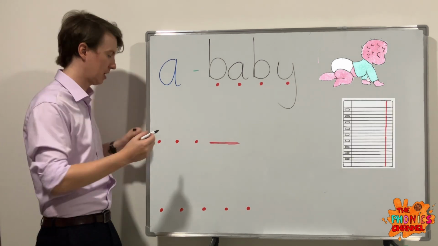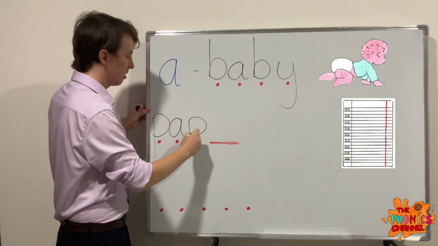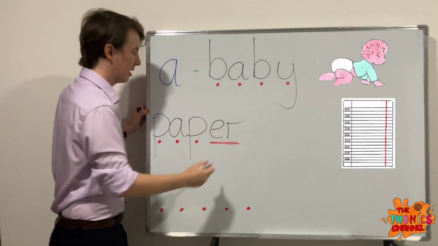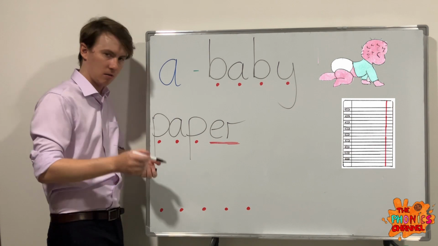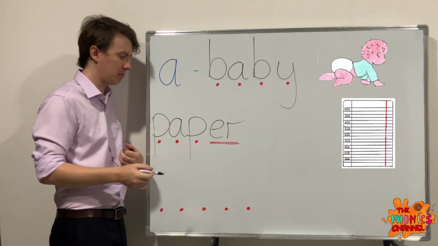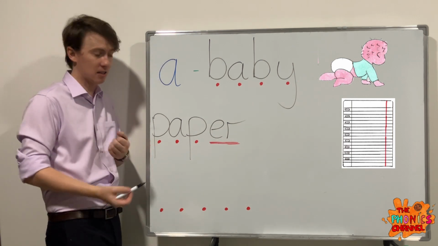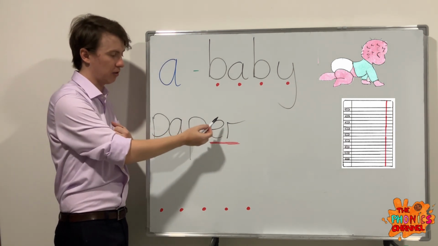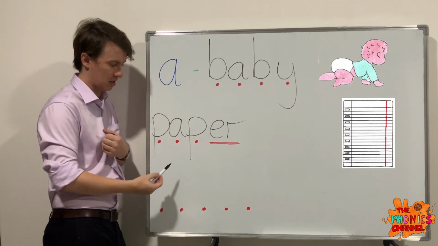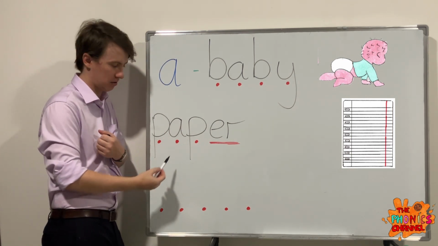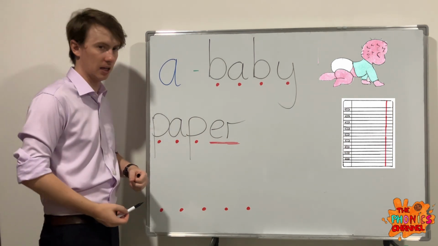Paper. Okay, P-A-P-E. Paper. I am writing on paper. Okay, how many letters? 5 letters. 1, 2, 3, 4, 5. How many sounds? P-A-P-E. 4 sounds, and we've got the long A vowel sound here, shown by 1 singular A